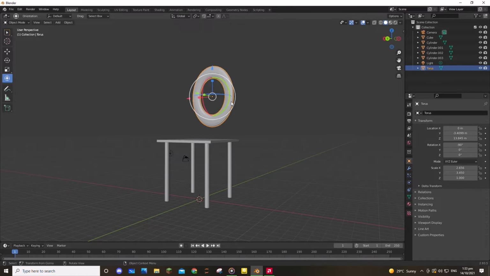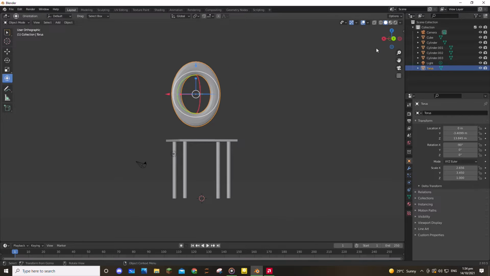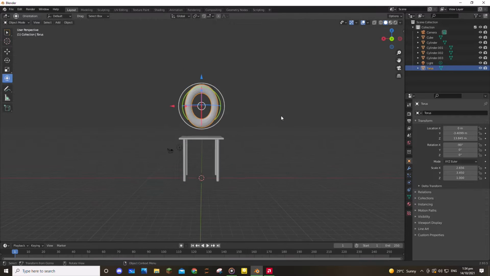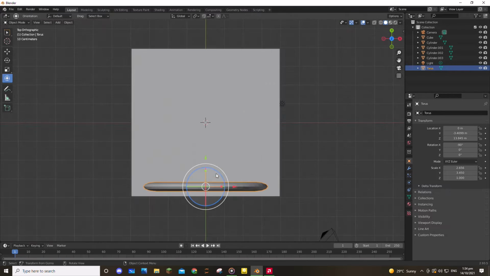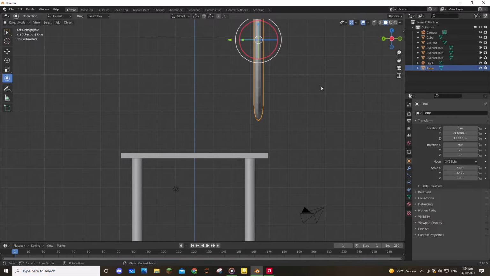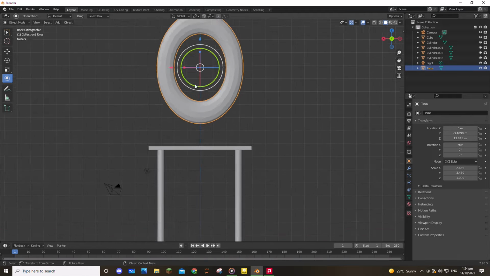Okay, view from front. Let's just view from top first. It seems aligned. Okay, then from the front. Okay, so